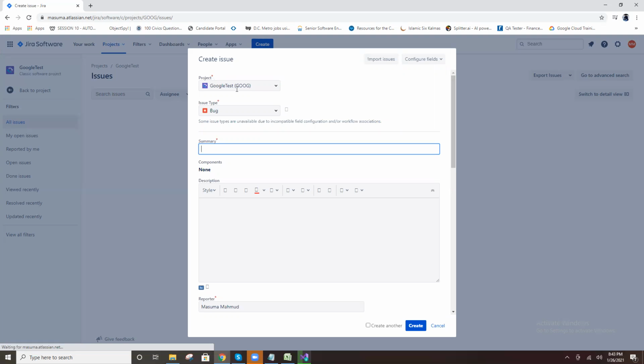This is your project, right? It automatically selects that project.